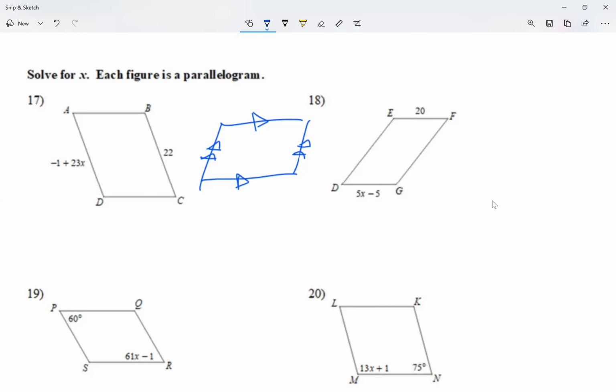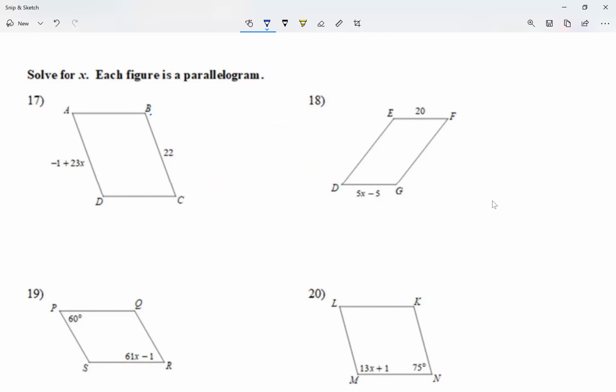Is that the only cool thing about parallelograms? Well, not necessarily. Opposite sides are not only parallel, they're also congruent. Remember, we talked about congruent before. Same shape, same size. They look the same shape, right? So same size. Oh, interesting. So opposite sides are not only parallel, but they have the same length. So looking at question 17 and 18,